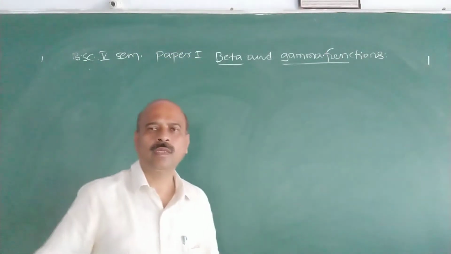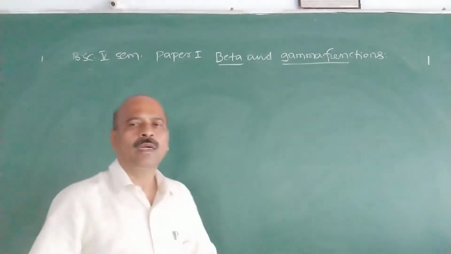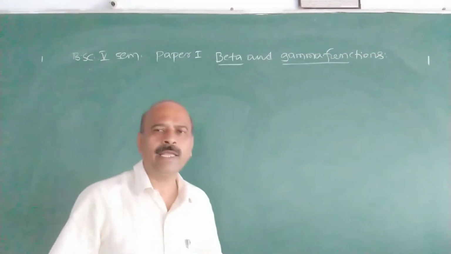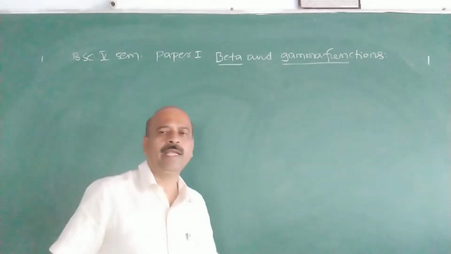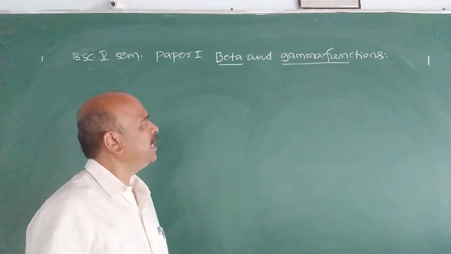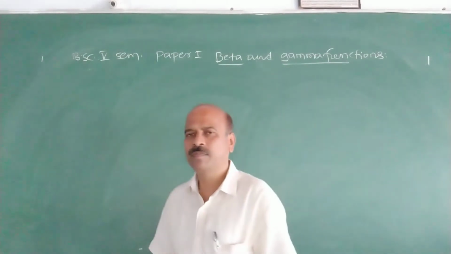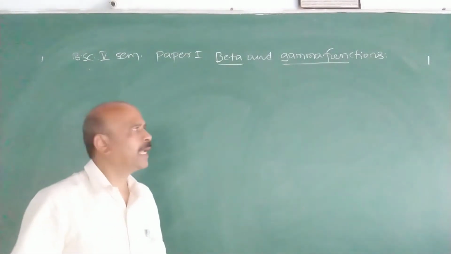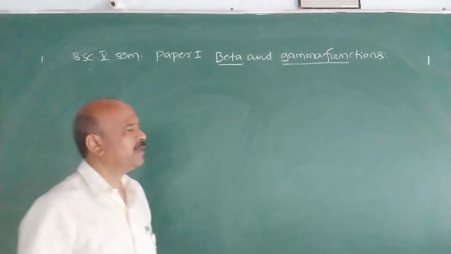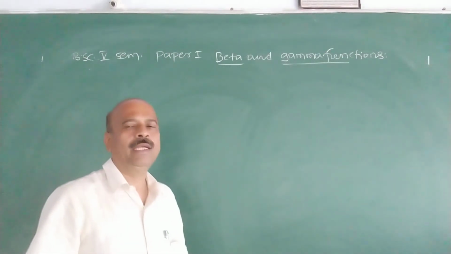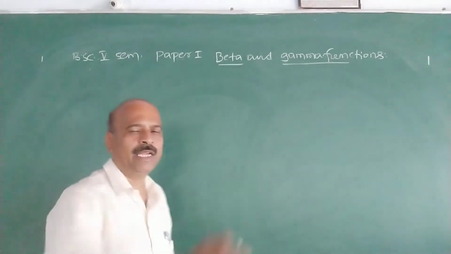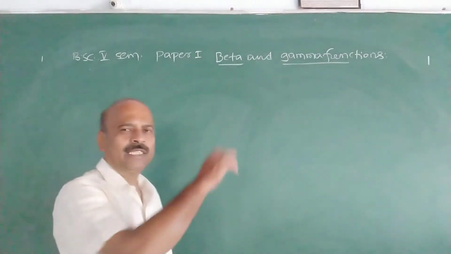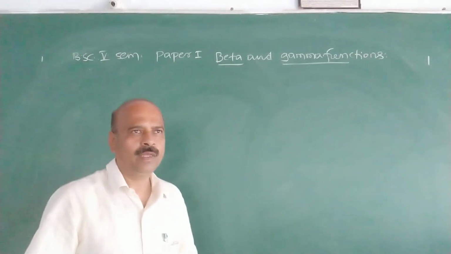Dear students, in this video I discuss two important improper integrals: the beta and gamma functions. In many applied mathematics problems, improper integrals are defined in terms of beta and gamma functions. First we define what beta and gamma functions are, and we discuss their convergence, and then I explain some relations between beta and gamma functions.